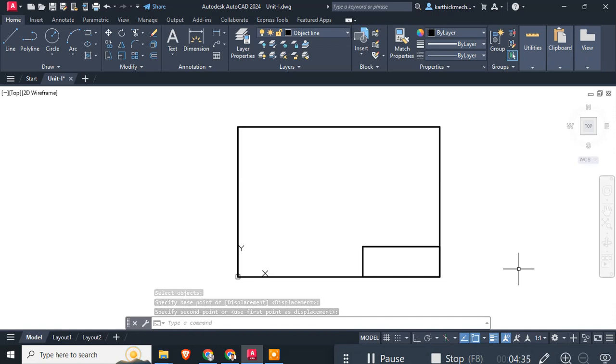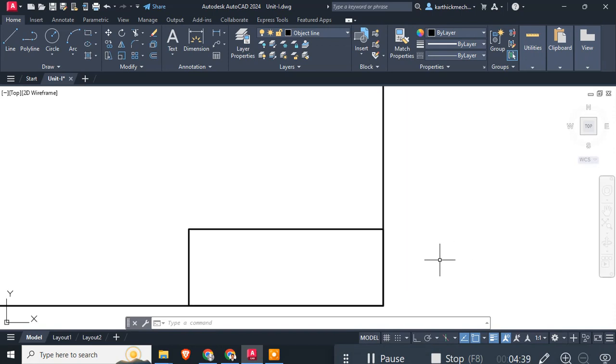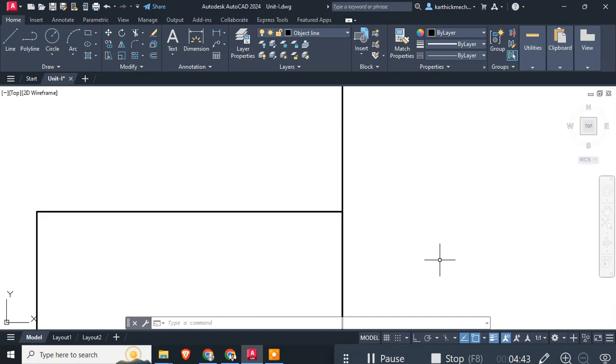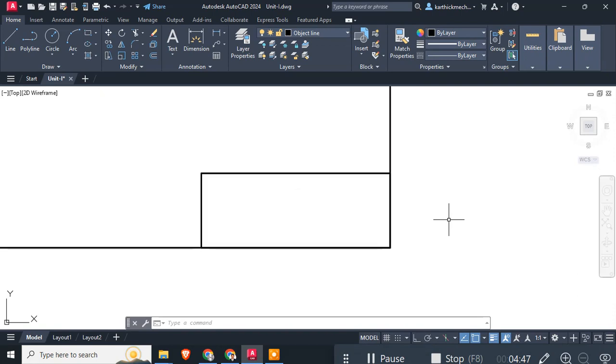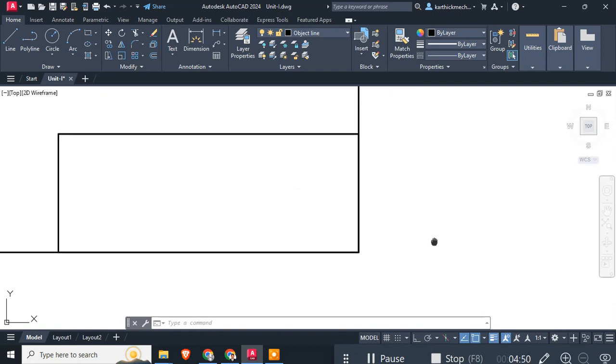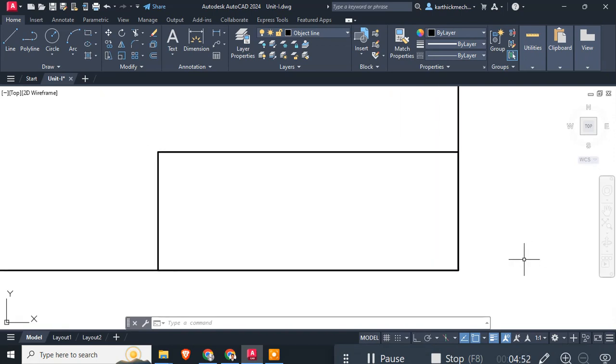Now I am going to zoom in. To zoom in and zoom out, you can use the scroll button. You are aware of this, no need to explain again and again. Using the scroll button, you can zoom in on the portion. Yes, next we have to